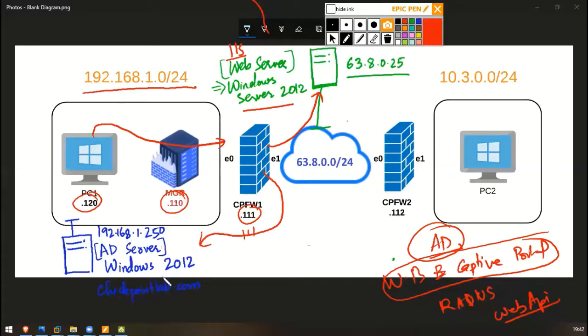It is also on Windows Server 2012, and the domain that I gave to this Windows AD server is checkpointlab.com. So without wasting time, let's jump into a Windows box and create some policies.